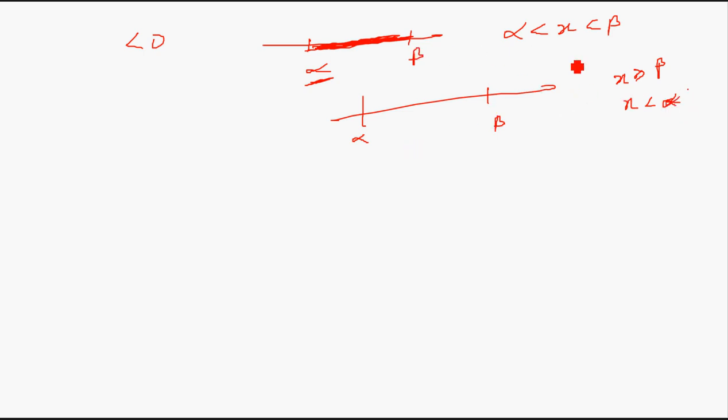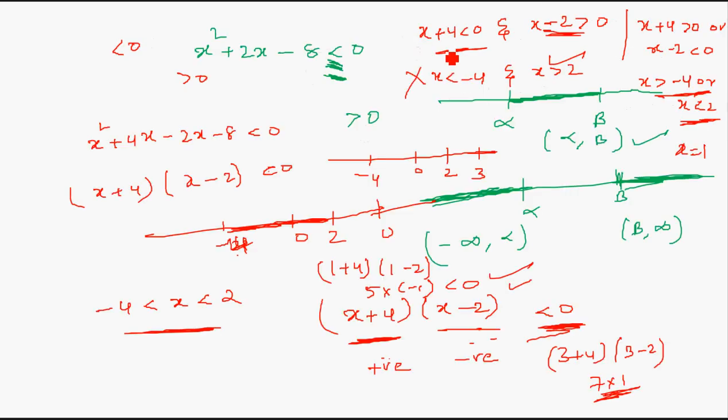Or you can solve it like we did. How did we solve it? The multiplication of these two numbers is less than 0, that means they should be of two different signs. So for the first one, either x plus 4 is positive and x minus 2 is negative, or x plus 4 is negative and x minus 2 is positive. So for both the conditions we find the solutions, and then from one of the solutions we substitute a value in the original inequality and see if that is true or not. If it is false, then obviously the other part is the answer.